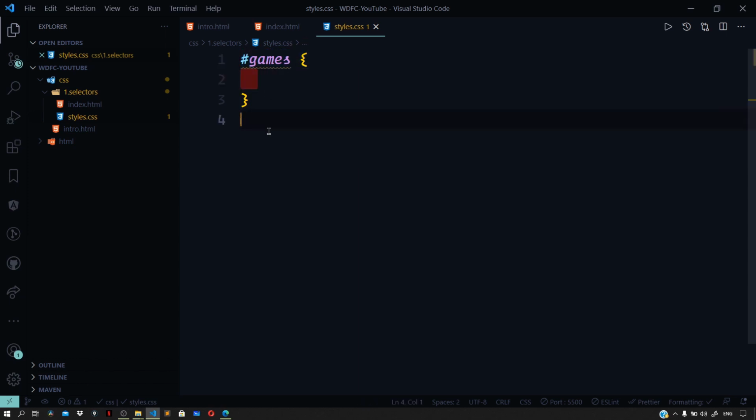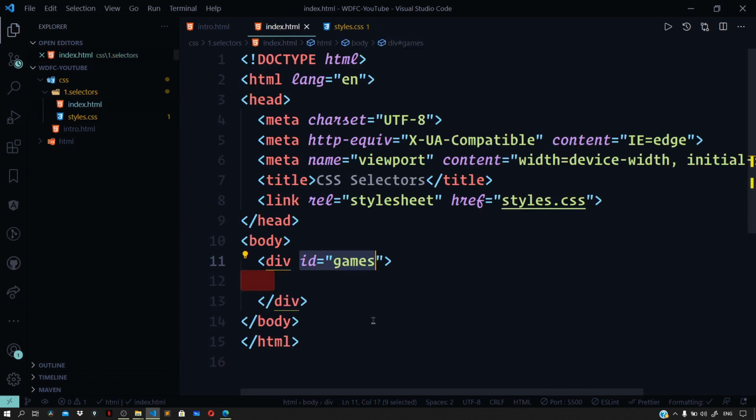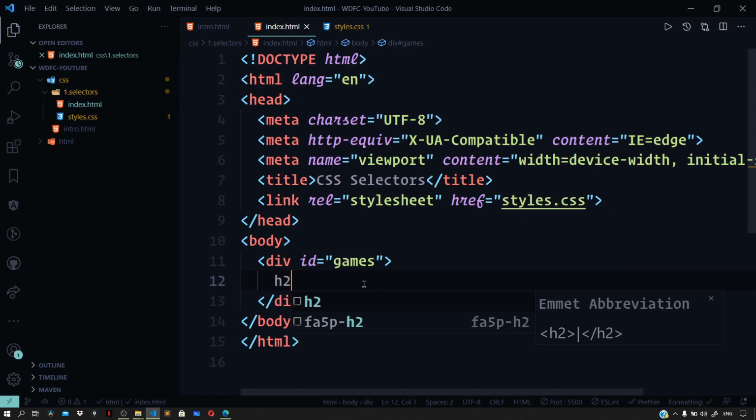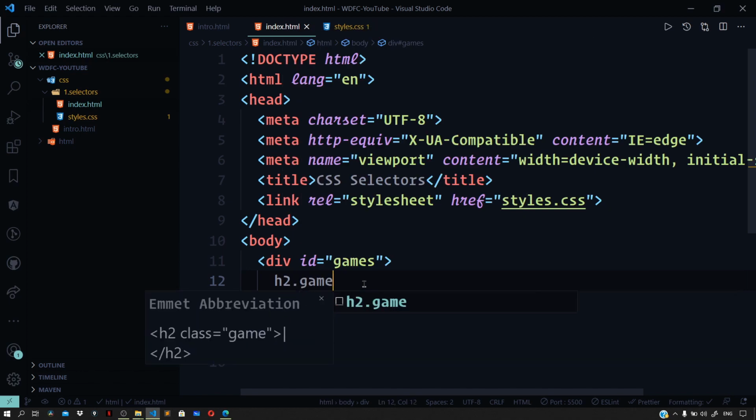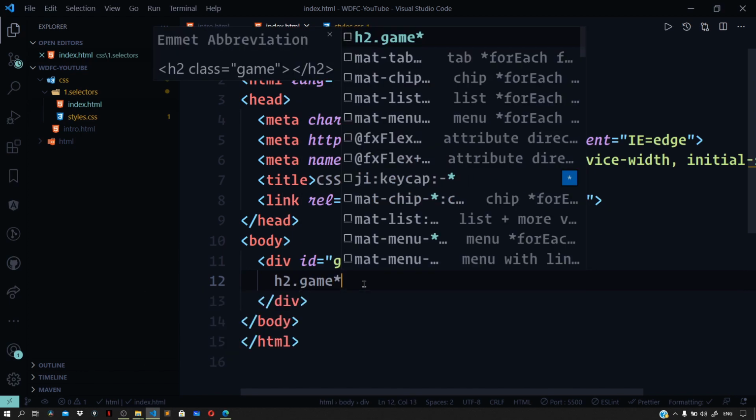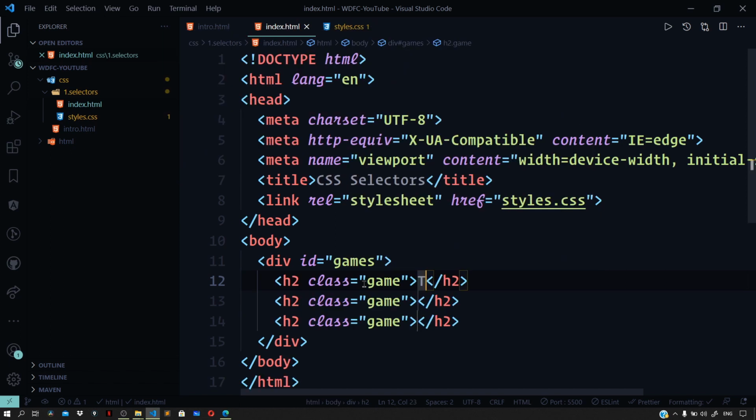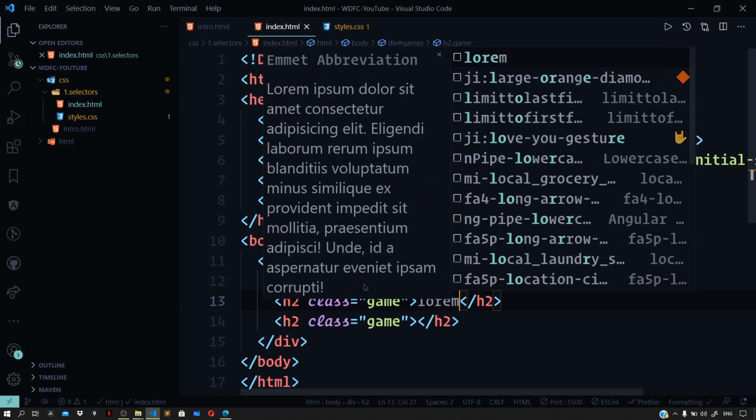Next, we can also select an element or a bunch of elements by their class. So inside this div with the ID of games, let us create three h2 elements with the class of game. So h2.game, so we are using Emmet here, and multiply with 3 to get 3 elements. Press tab. Let us give some dummy text here. So this is some text. Here let us say lorem 5,